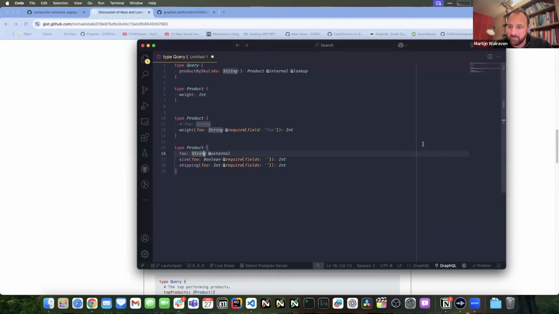And in this case, it's a field. So what I think this reduces complexity because you can parse and validate the requires at the subgraph level with just one dependency, one explicit dependency, which is saying my subgraph expects the type foo of product to be string,